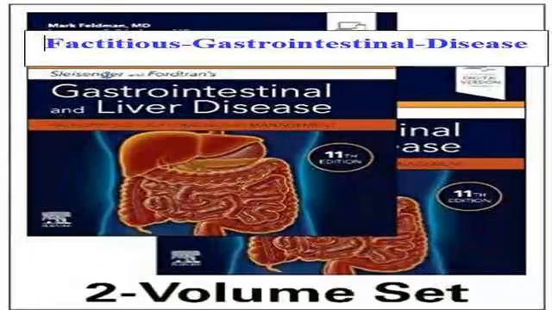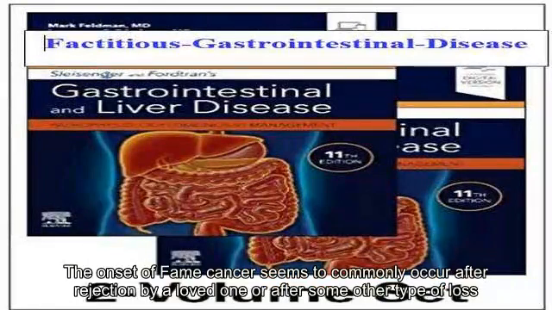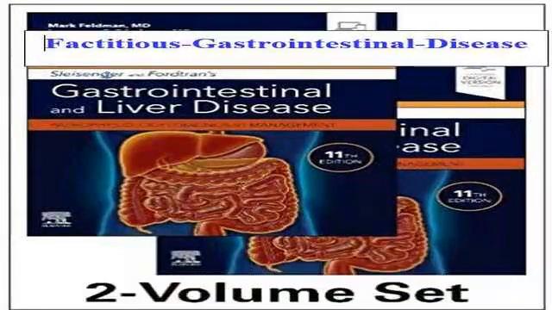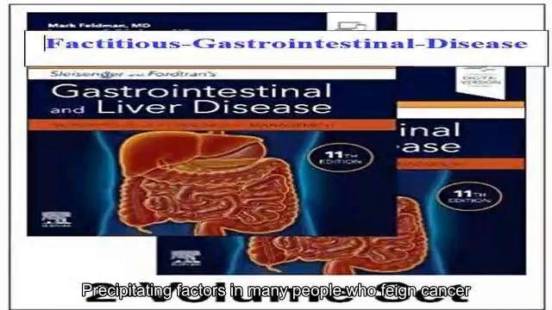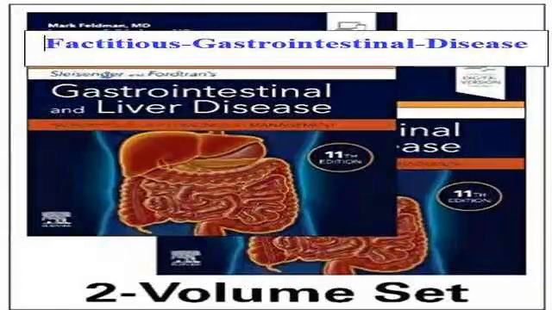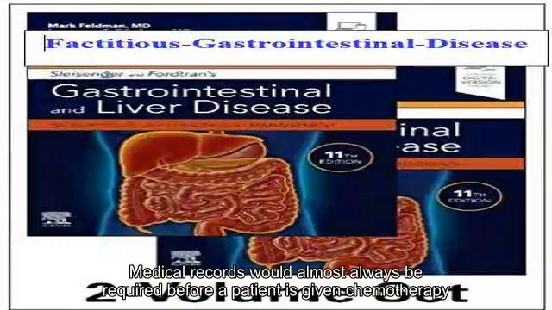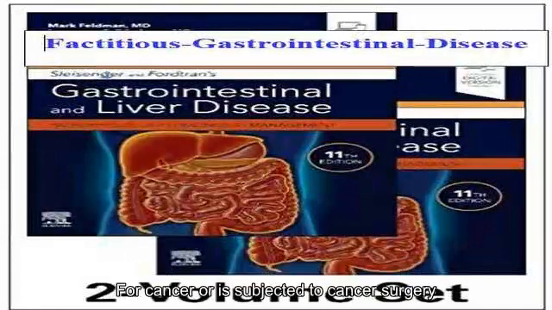Whatever the motivation, the onset of feigned cancer seems to commonly occur after rejection by a loved one or after some other type of loss. Loneliness and isolation seem to be the precipitating factors in many people who feign cancer. Medical records would almost always be required before a patient is given chemotherapy for cancer or is subjected to cancer